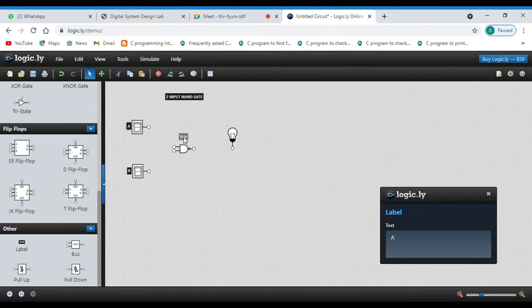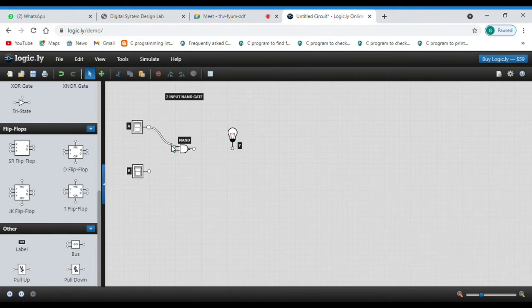We'll label the NAND gate. Then we'll label the bulb as Y. Now we'll connect the toggle switch to the NAND gate. Then we'll connect the NAND gate to the bulb.